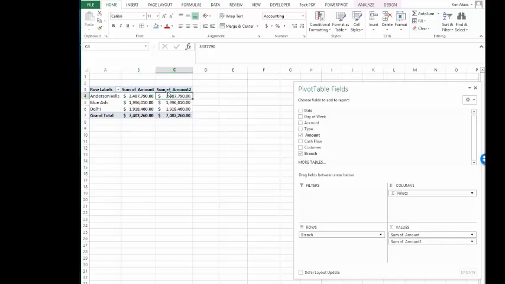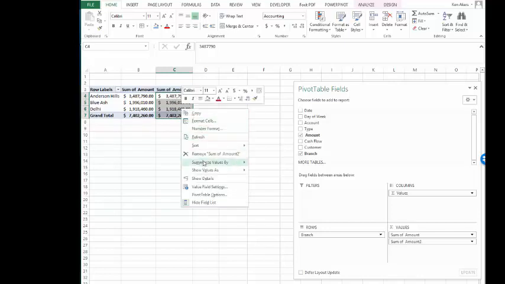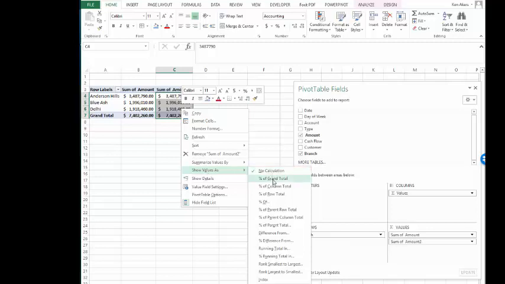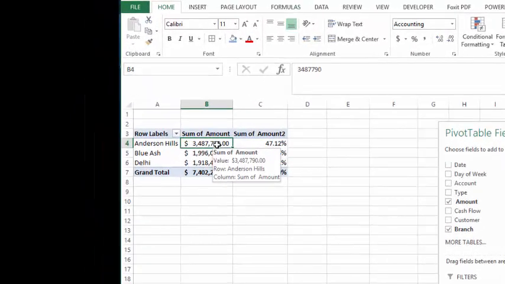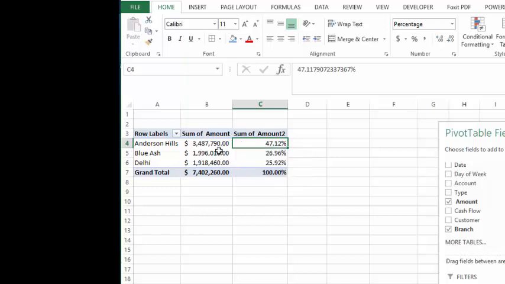column here. Now that doesn't help us, it's the same data, but if I highlight this, I'm going to right click and I'm going to show values as a percentage of the grand total of each of these fields. So let's take a look. We can see that Anderson Hills not only has this amount of sales, but also constitutes 47.2% of that amount. So this is another way of presenting the data, another way of describing the data, and it may affect the actual type of decision that a manager might make,